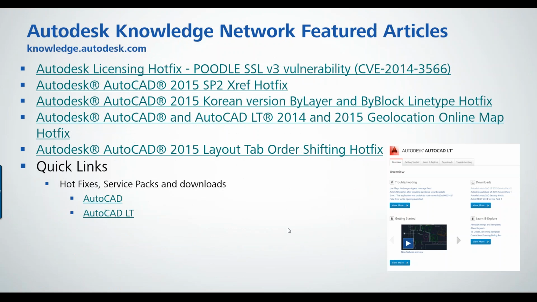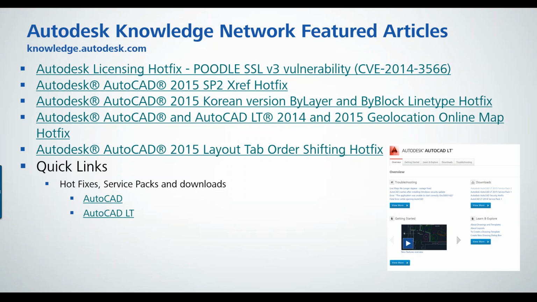And finally, we do want to make you aware of some of the new topics on the Autodesk Knowledge Network. Most popular articles that are written. This time I thought I'd change that up a little bit. There are several hotfixes available. If you aren't aware of what a hotfix is, it's basically a fix that is made available and probably is not in the most current service pack. Okay, so a lot of times these address issues that may have come up after a service pack has been